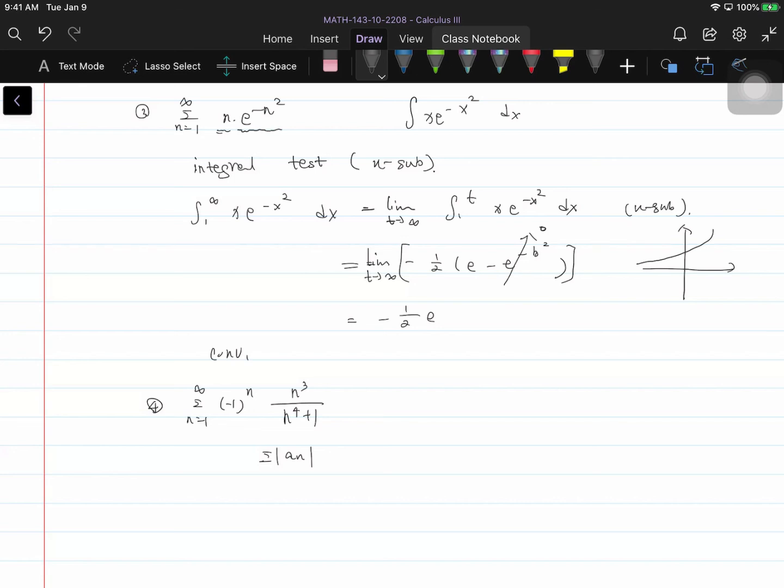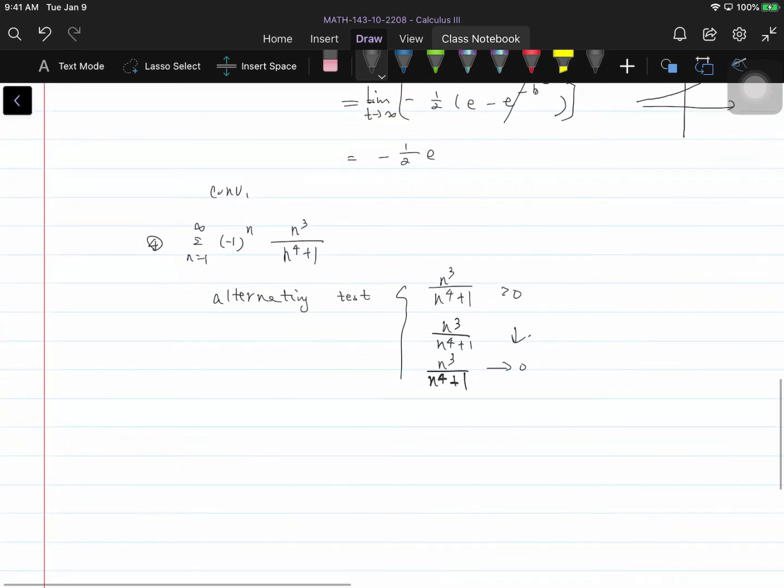But if we use the alternating series test, it also works, because n cubed over n to the fourth plus 1 is greater than 0, and it's decreasing, and it goes to 0 because the denominator has a higher power. Next,